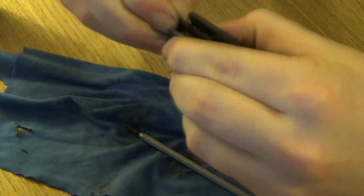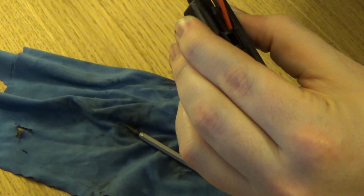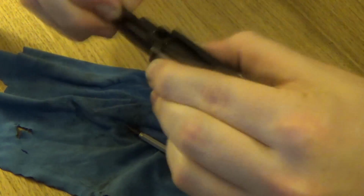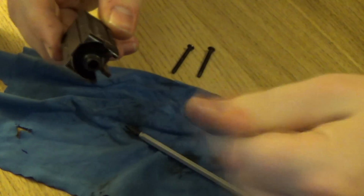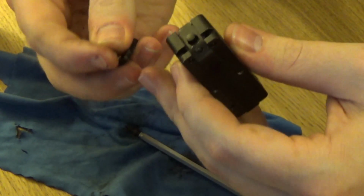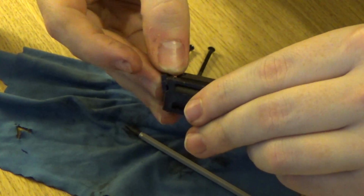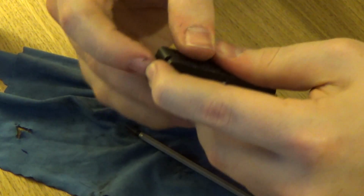Work that silicone all around the blowback unit. Just spray alongside the rails. Make sure there's no dry areas. I'm going to take the little assembly off the back, place that back on with the spring. Hold it firmly in place,